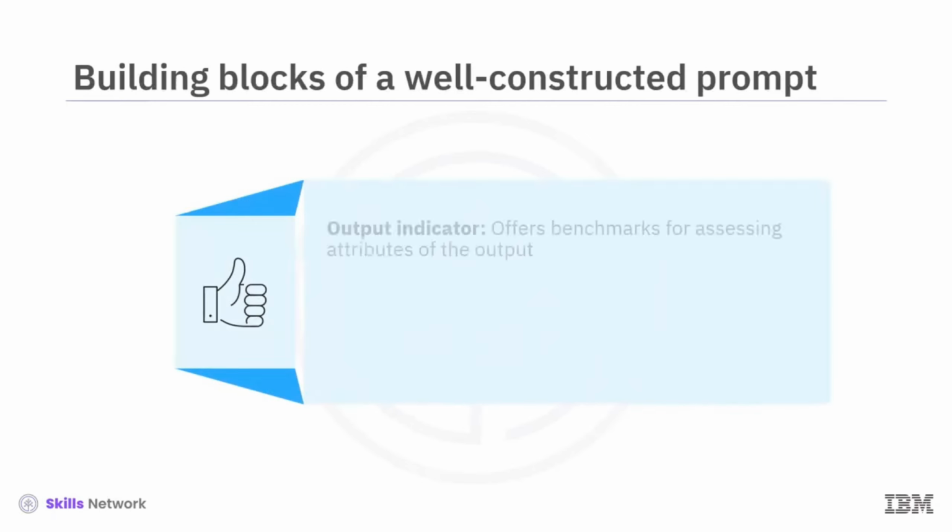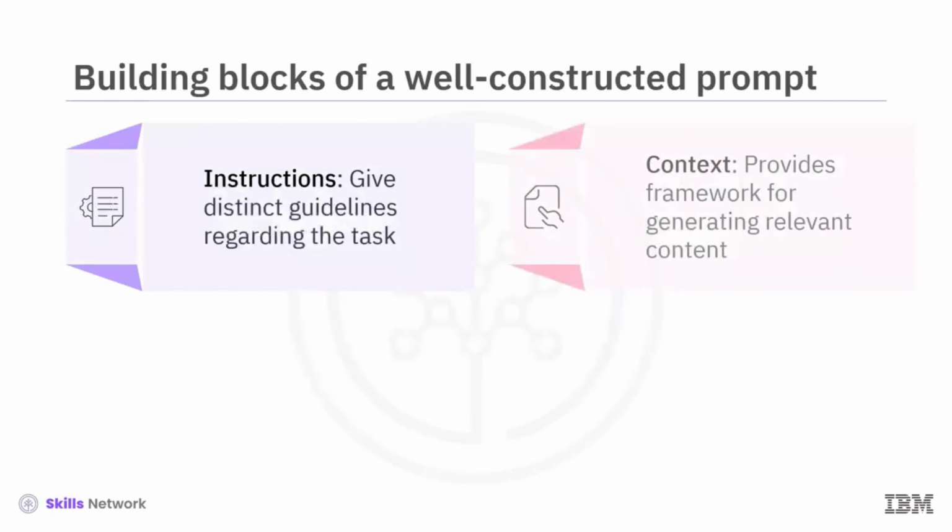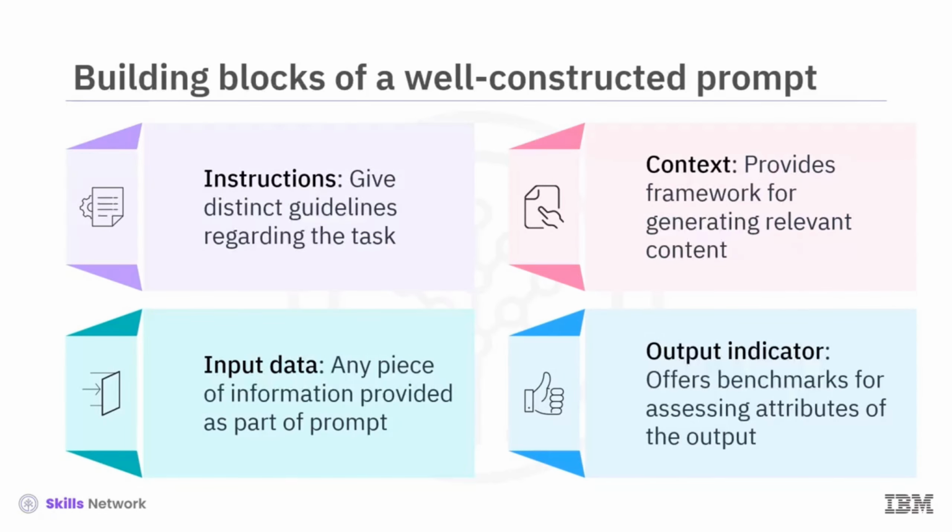Output indicator offers benchmarks for assessing the attributes of the output generated by the model. It can outline the tone, style, length, and other qualities you desire from the output. In the prompt, "Write an essay in 600 words analyzing the effects of global warming on marine life," the output indicator specifies that the output generated should be an essay of 600 words. It will be evaluated based on the clarity of the analysis and the incorporation of relevant data or case studies. Each of these elements plays a role in helping the generative AI model comprehend your requirements and give you the